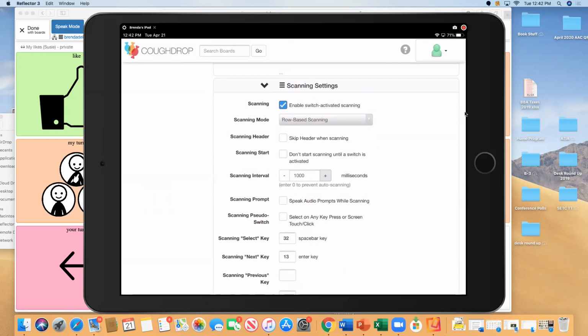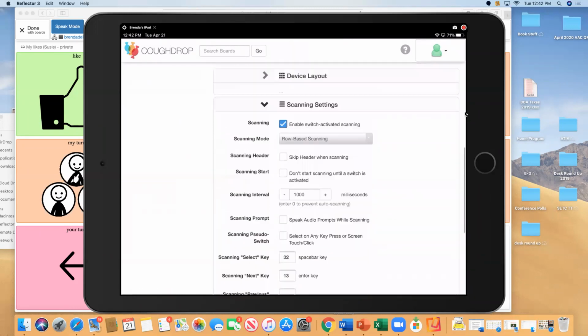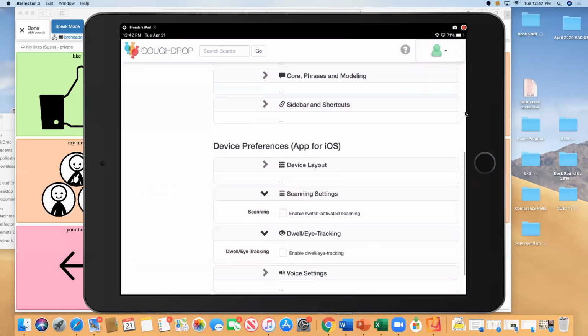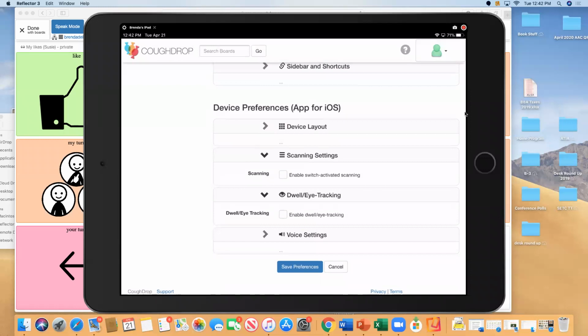So I'm going to disable the switch to show you that, because this application can go on a Windows computer, you could buy an external eye gaze that connects to that. So a MyGaze bar type of device, and that would make it Dwell or eye gaze tracking compatible. I don't have that because I don't have that on any of my computers, but if I enable it right now,